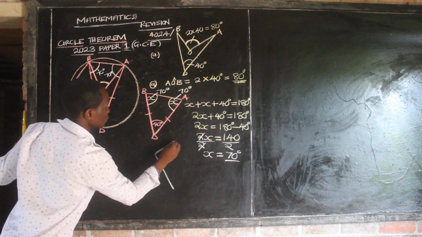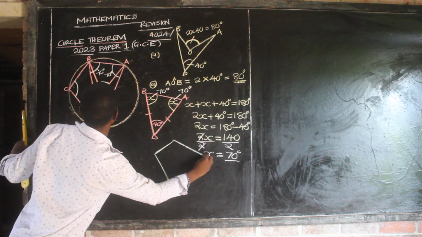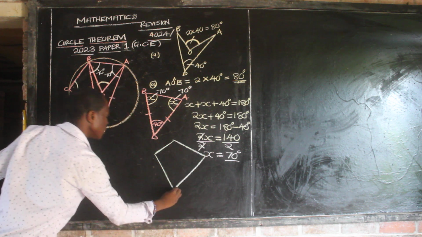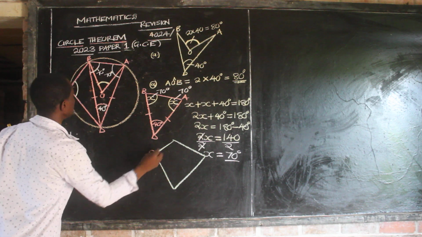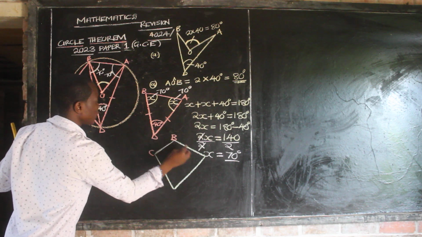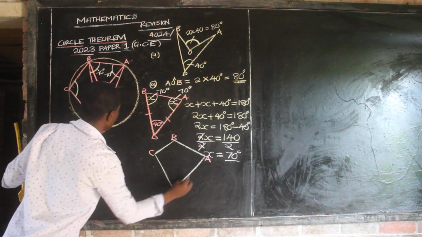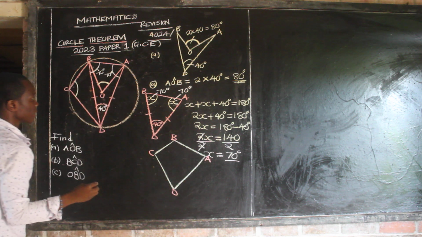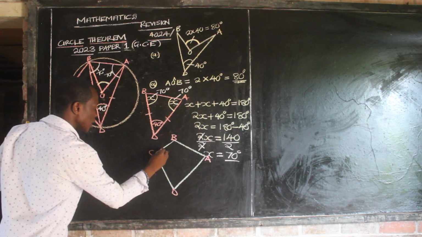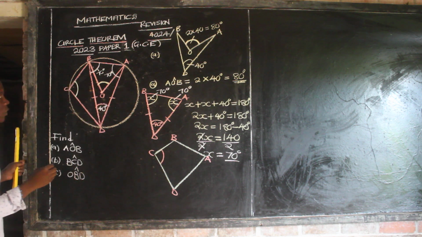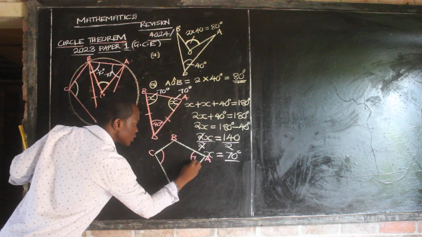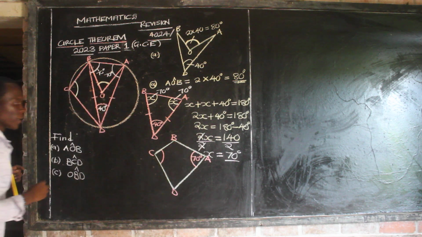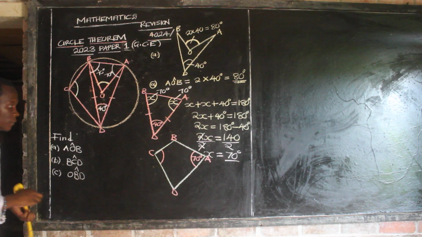Okay. Something like this. Where this is point C, this is point A, and this is point D. And then this is the angle we want. And then this angle, we are saying this angle is 70 degrees. Now for us to know this angle, we